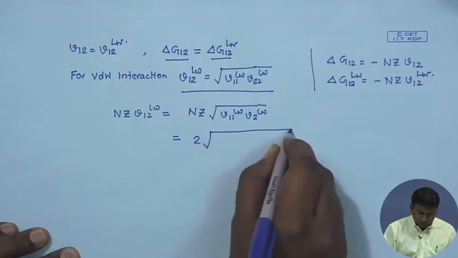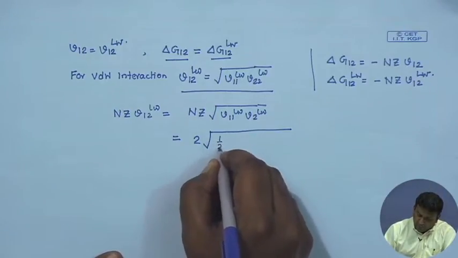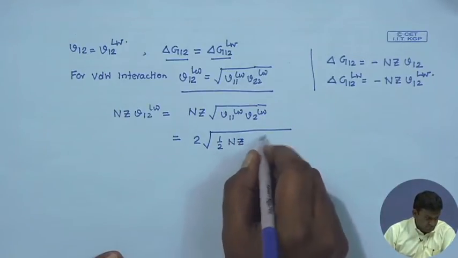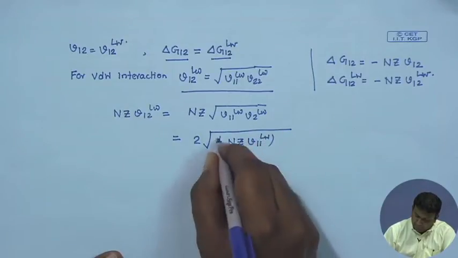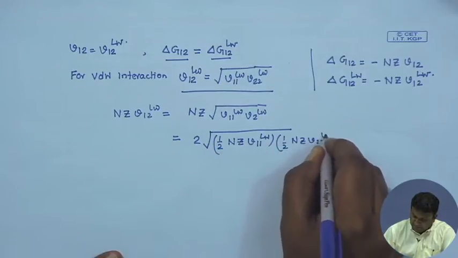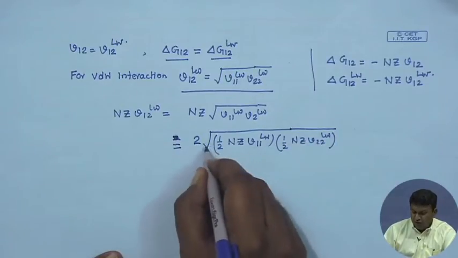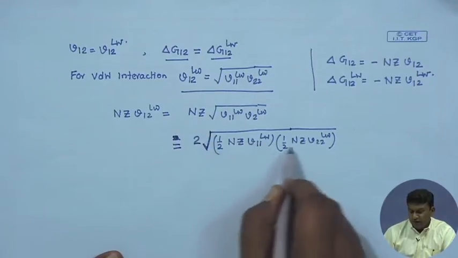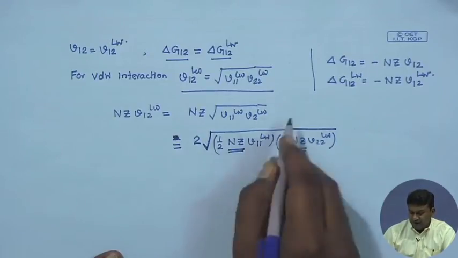which you can further modify as, it is just a bit of algebraic manipulation that we are doing. Just multiply the numerator and denominator by 2. This 2 now, if you take inside the under root, it becomes 1/4. So, it is half into half. This n z you also take inside the under root. So, it becomes n z square. So, you use one of the n z's here, one of the n z's here, anyway you have these two,